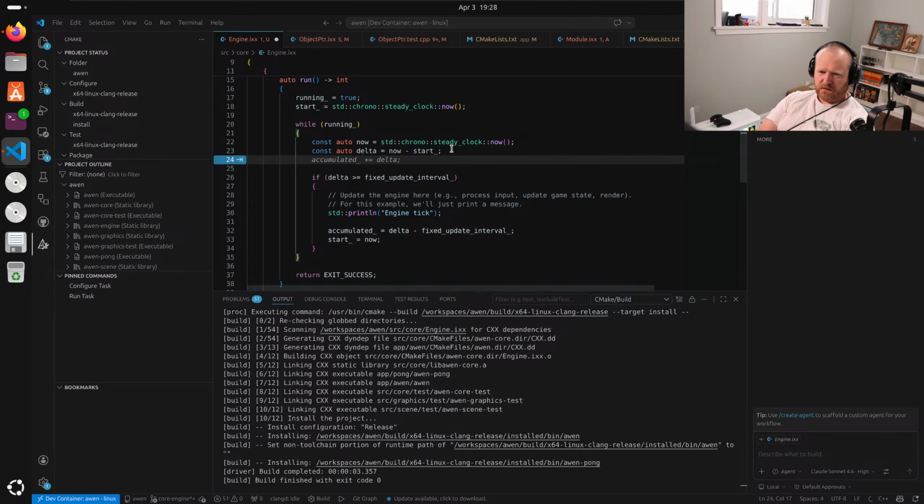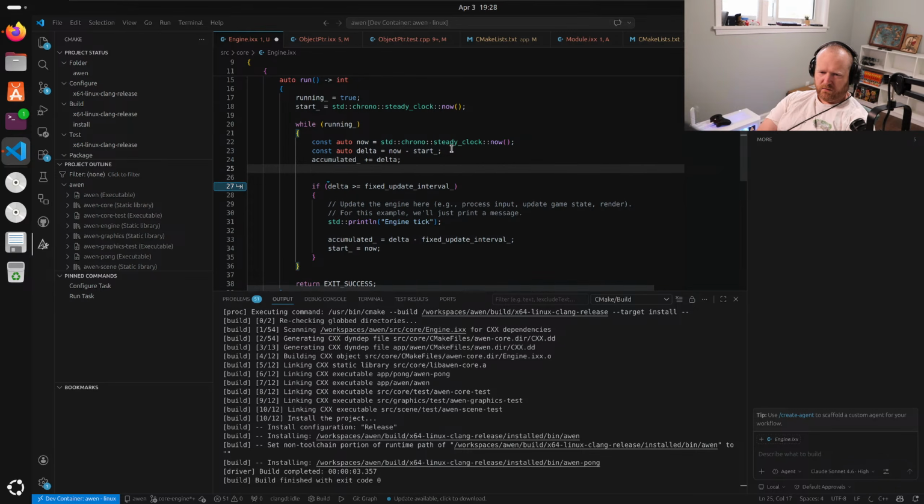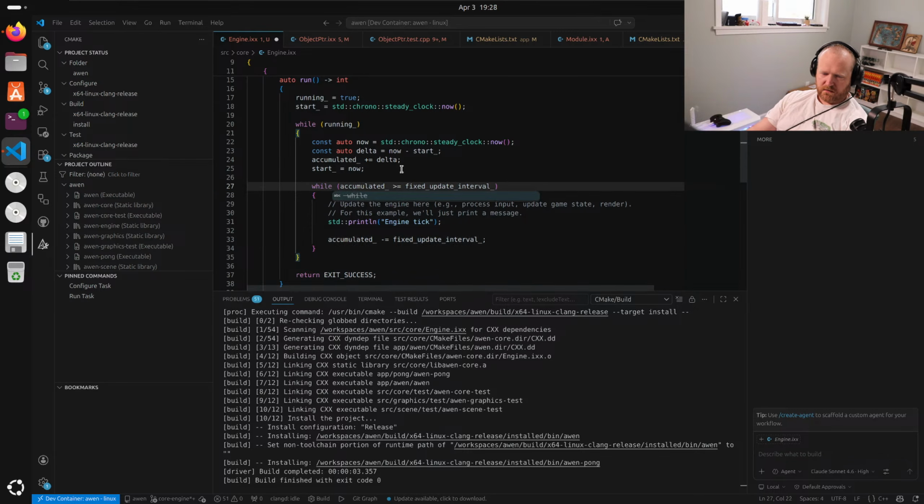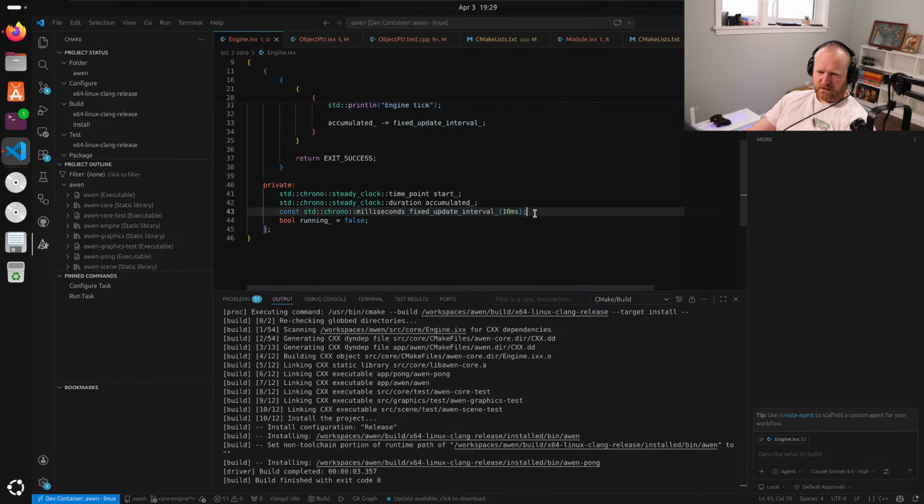Then we want accumulated, and we want start equals now. So this becomes accumulated. Yeah, so no, this is not if, it's while. While accumulated is greater than or equal to the fixed time step, then it's time to run a physics update. Accumulated, we subtract. But we also want to limit this to like const